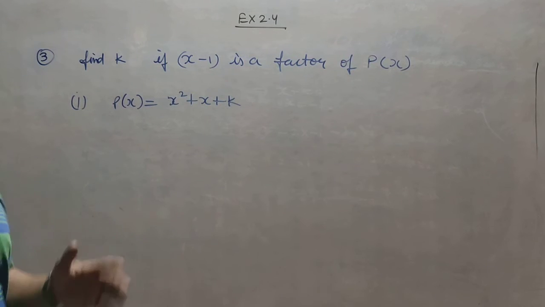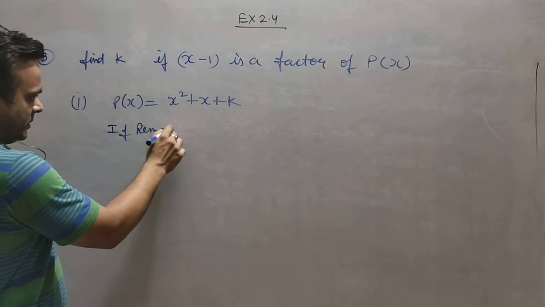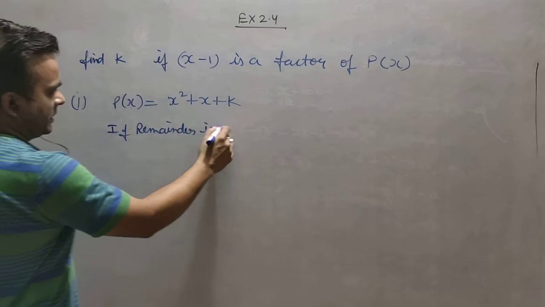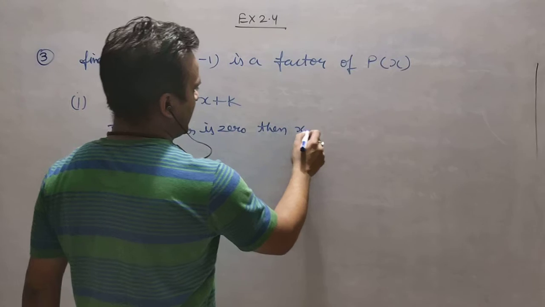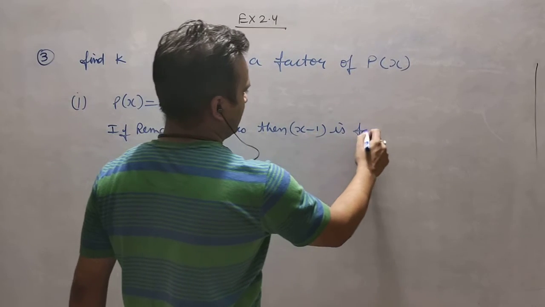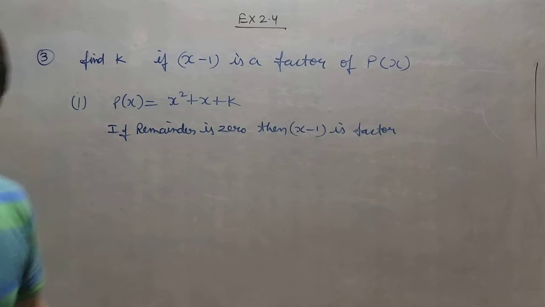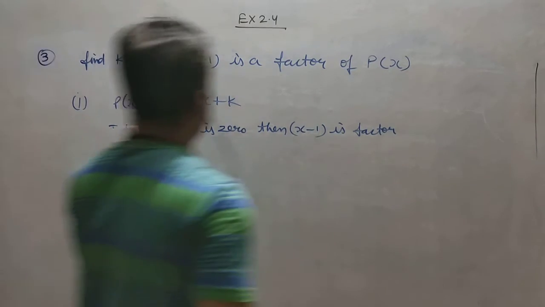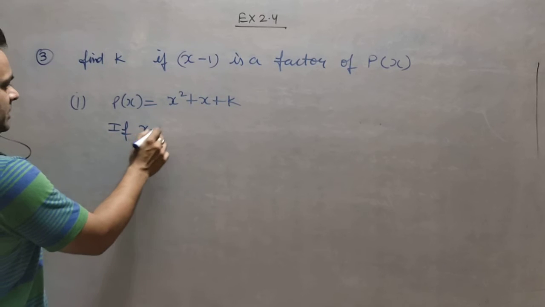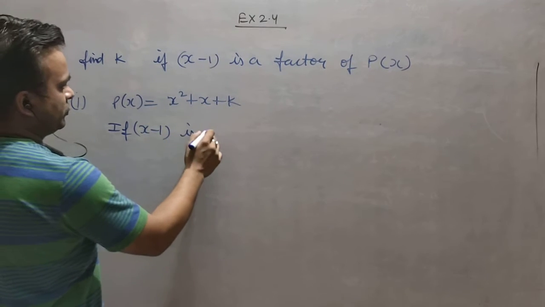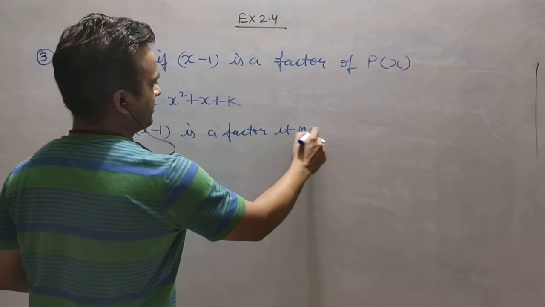If the remainder is 0, then x minus 1 is a factor. Or we can say vice versa, because that is better to write. If x minus 1 is a factor, it means